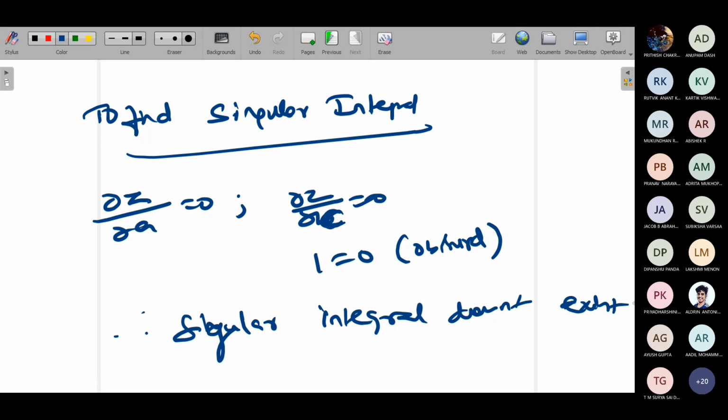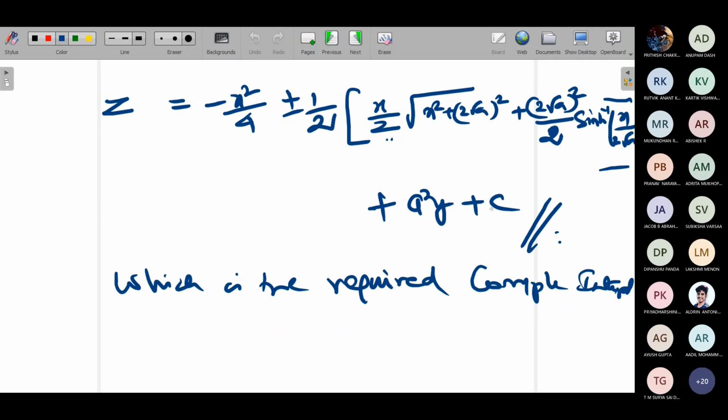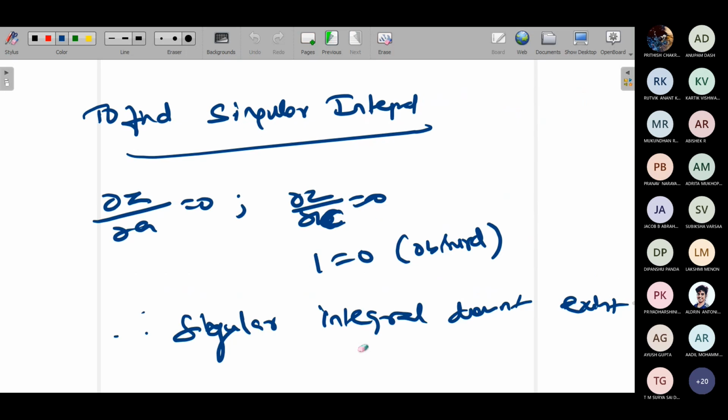Ma'am, while calculating the singular integral, you had told one of the steps is to equate the complete integral to 0. Here z equals this only, no? Write everything on the right-hand side and make it equal to 0. Generally it is of the form ax plus by, or ax plus c, anything of that form. So that's why I told you. We are not equating that equation to 0. We are writing the complete integral as z minus something equal to 0.